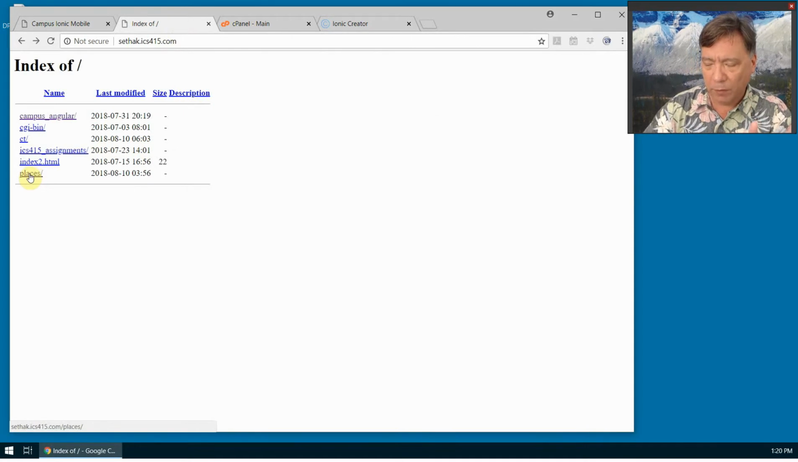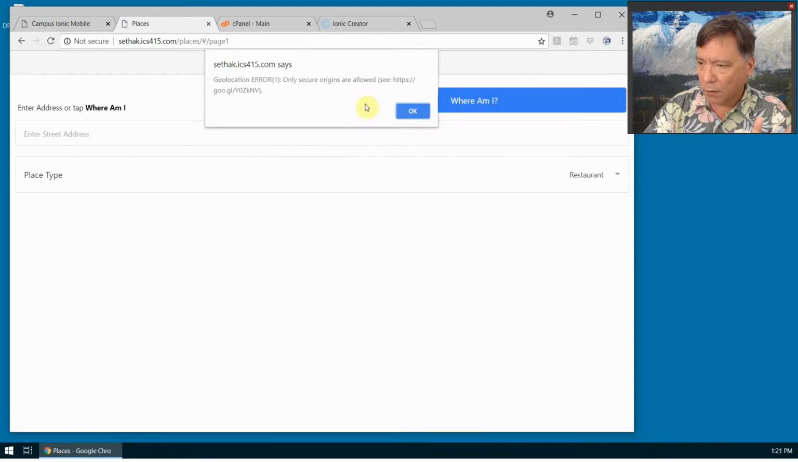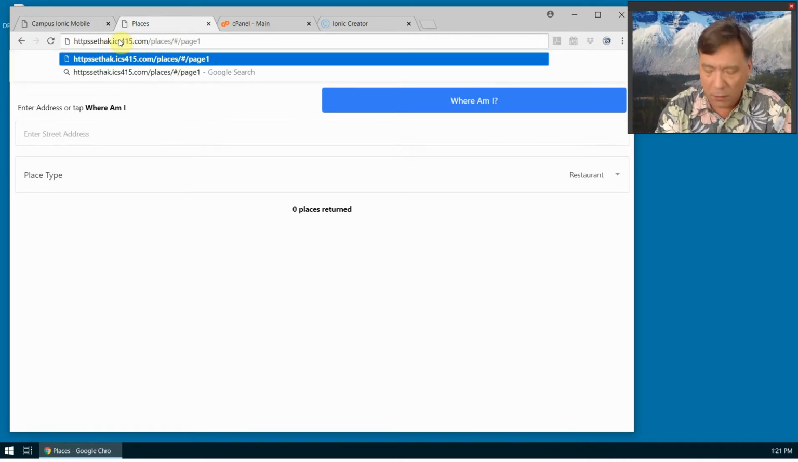I've just finished my Places app, and I noticed that when I try it out, I've exported it, and I try it out, I get this geolocation error. So to fix that, it turns out that I need to go to HTTPS. Okay, so HTTPS: